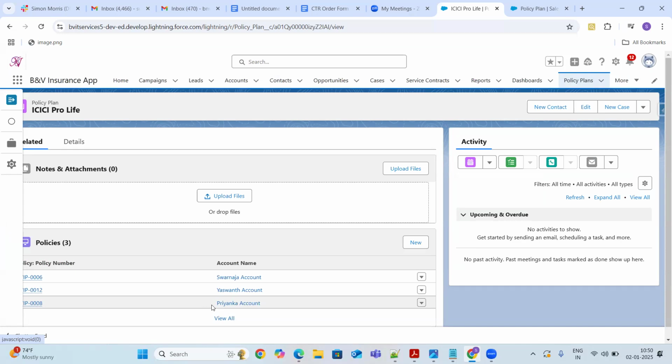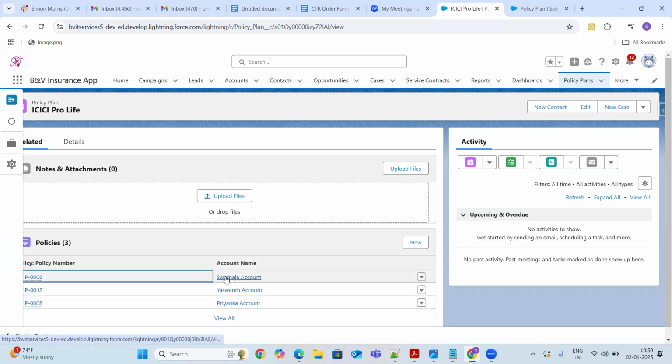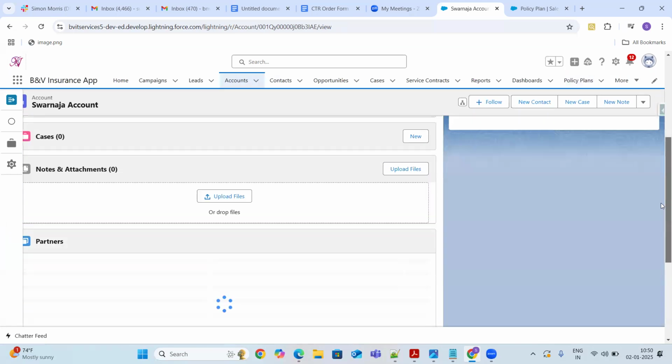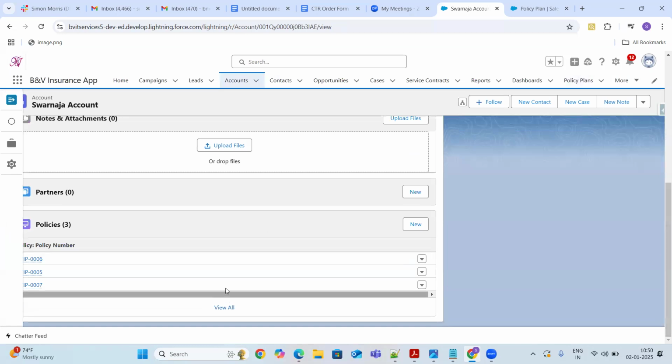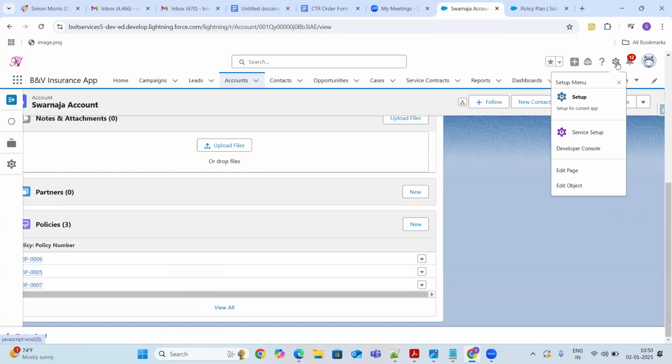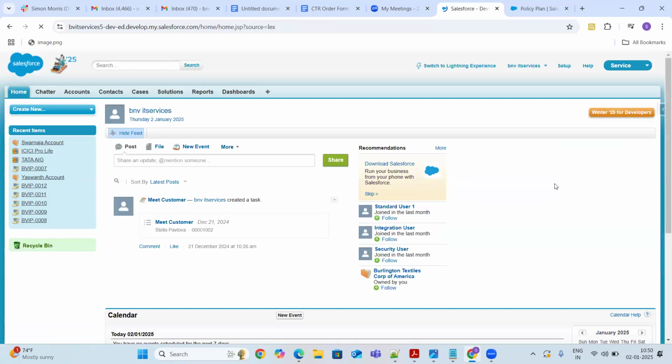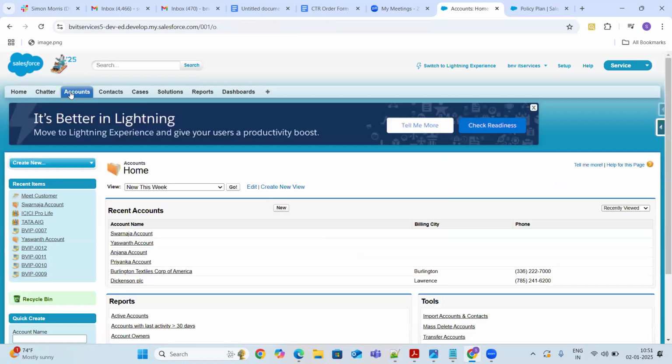Okay. The same way, if you go to this Swarnaja account and related, if you see the policies, it is not displaying the policy plan name, right? So what we need to do is we need to go to this particular account page layout. The easiest way is switch back to Salesforce Classic and edit.